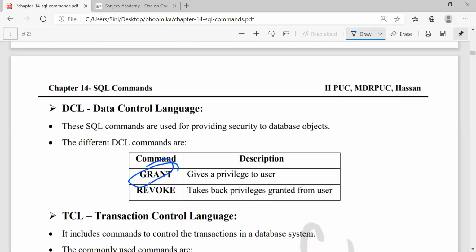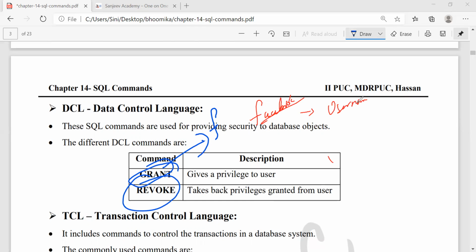DCL has grant and revoke. Grant, in the sense, let's take our Facebook. We can log in through username and password.